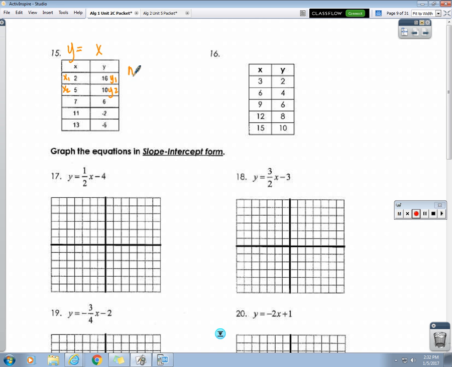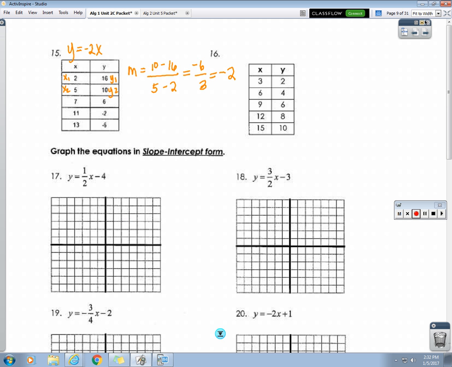So m equals y2 minus y1 over x2 minus x1. 10 minus 16 is a negative 6. 5 minus 2 is a positive 3. That reduces to a negative 2 over 1, or just negative 2. So there's your slope. Now, if you're not able to look at the table and figure out what's going on,